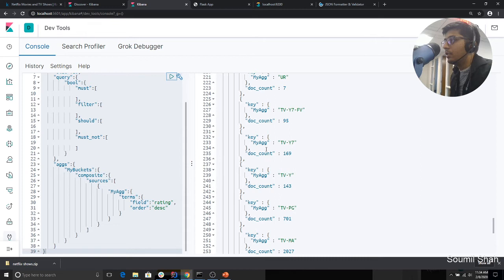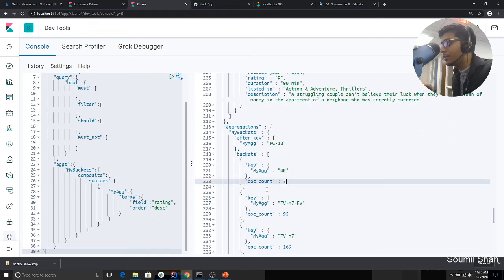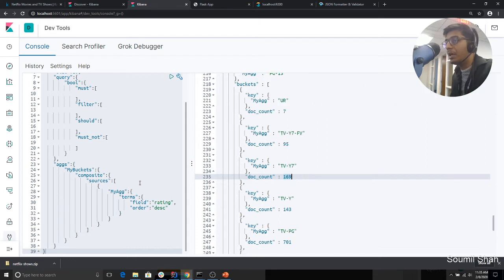So here you can see my aggregation, the key is that document count. It also tells you how many records it hits, right? For example, the keyword rating has 7 records. For TV-Y7, 169 records are found for these ratings. But the beautiful thing about